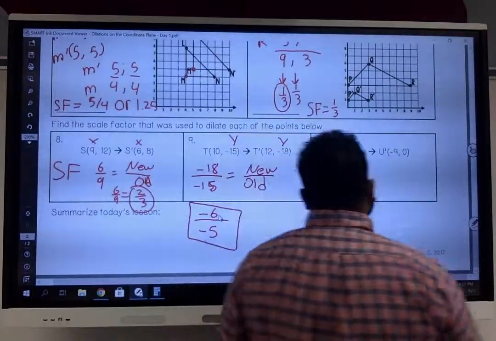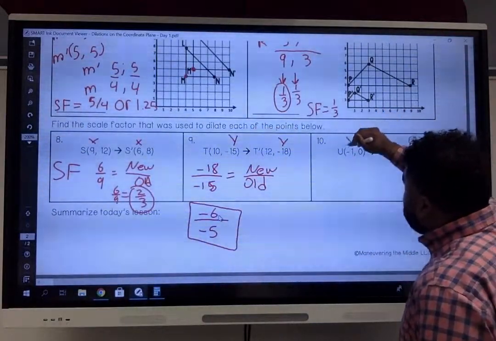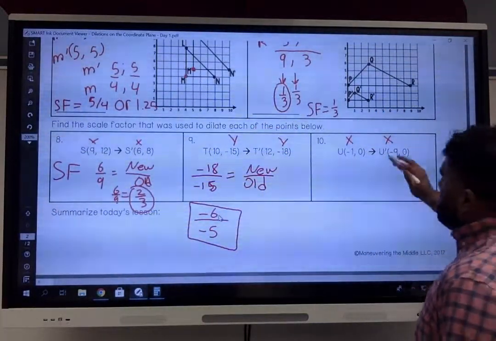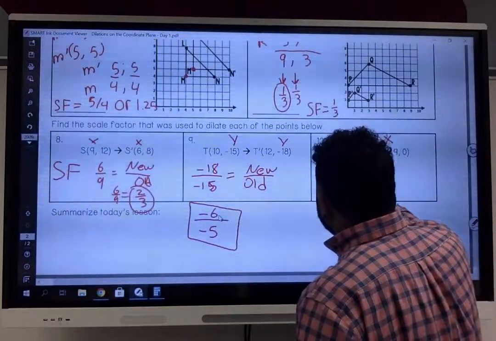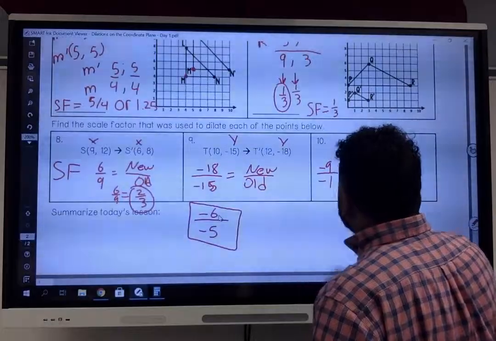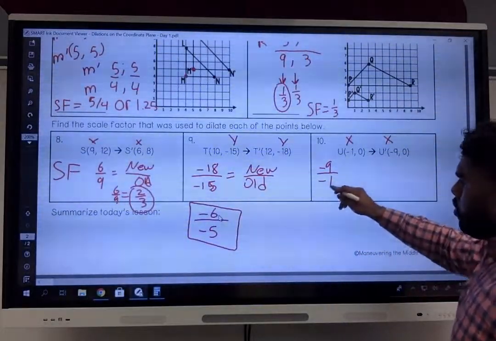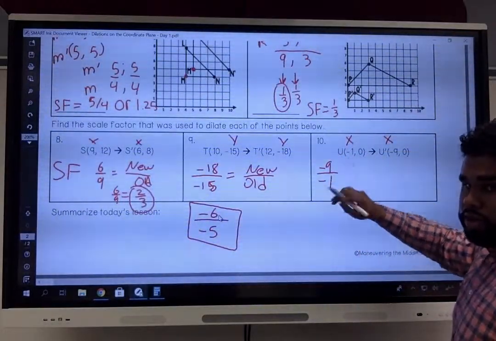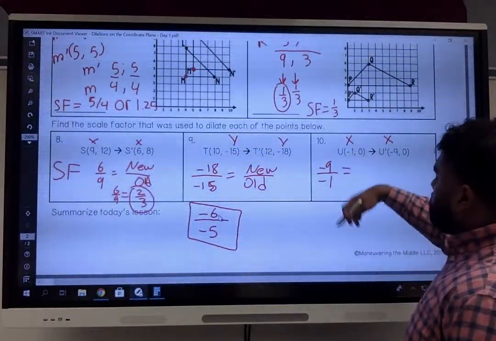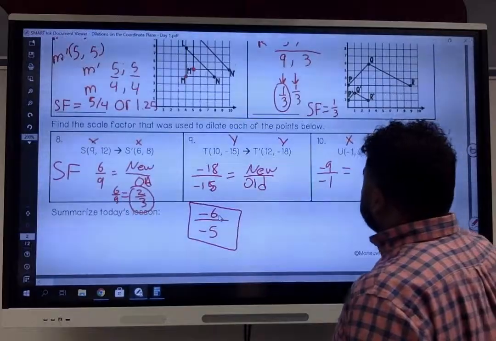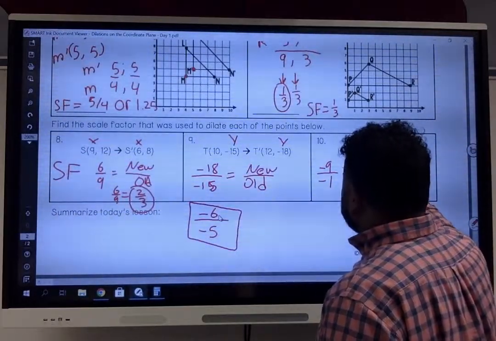And last but not least, let's do the x value for question 10. Let's take the new x value for U. U prime was at negative 9. We're dividing it by negative 1, because that's the old x value for the old U, the pre-image U. Negative 9 divided by negative 1, the negatives will cancel out. So that means the scale factor is going to be